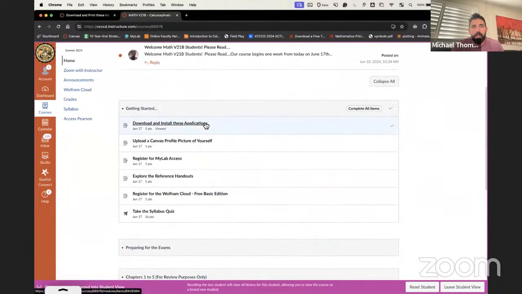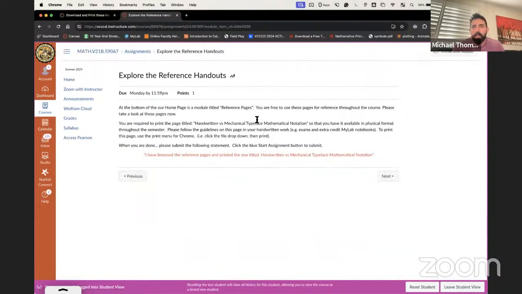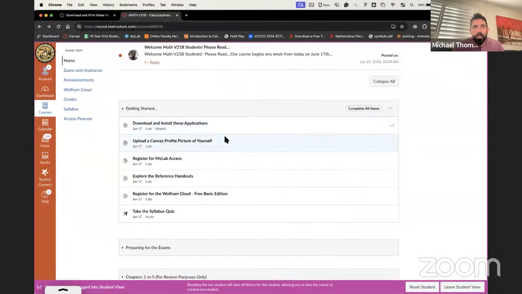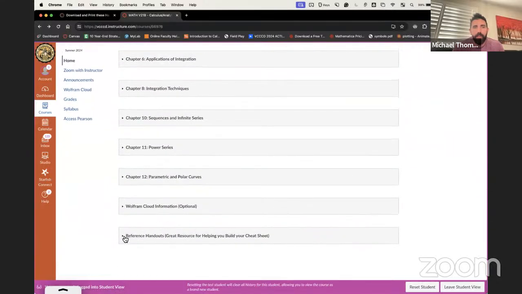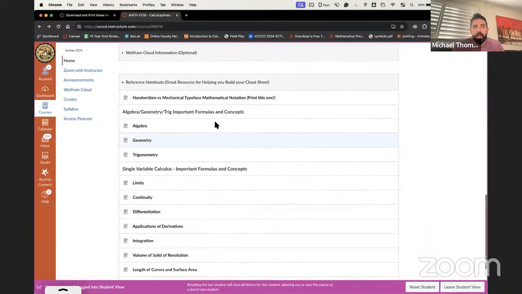All right. Next, I made some handouts for you. They're down at the bottom. It says explore reference handouts. Basically just telling you to look at these handouts down at the bottom. There's one that I want you to print. So I'm going to scroll down to the bottom right here, reference handouts. These are a great resource for helping you build your cheat sheets for your exam. So this one right here, I do need you to print out and have with you as you're